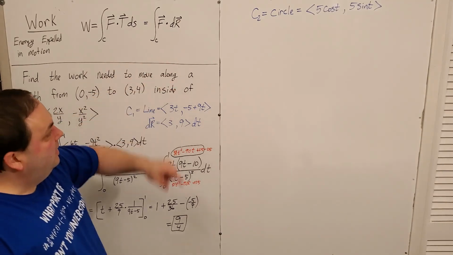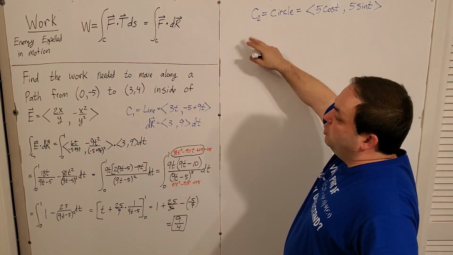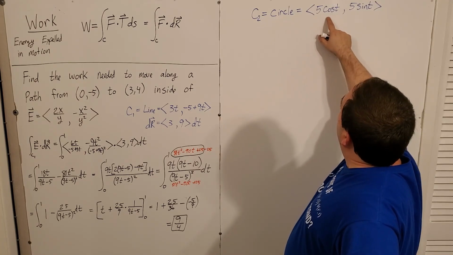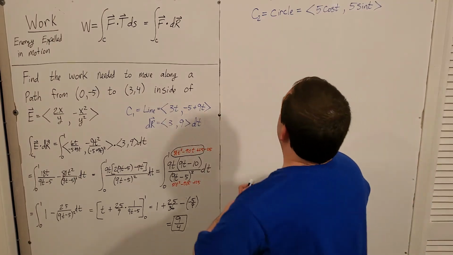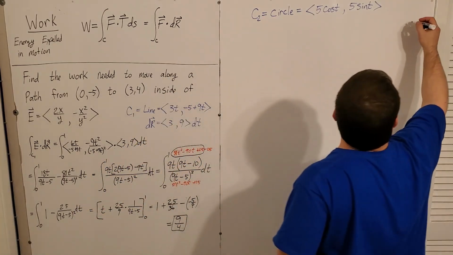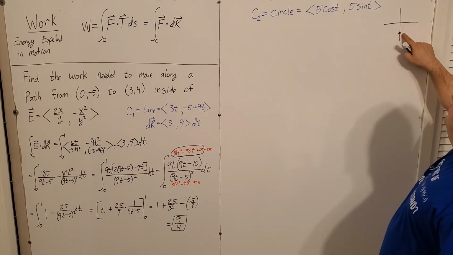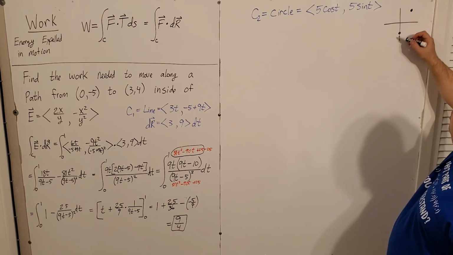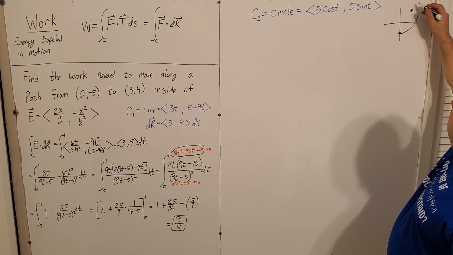Same thing, but let's go with this other path. Okay? So I've got C2 that's moving in this field, and it's going to move in a circular path, right? Cosine and sine, that makes a circular path. But we need to talk about where it begins and where it ends, right? So in that circular path, I'm going from 0, -5, which is down here, all the way up to 3, 4, which is up here. Before we went straight between them, now I'm doing like a circular type of path up to it like this,